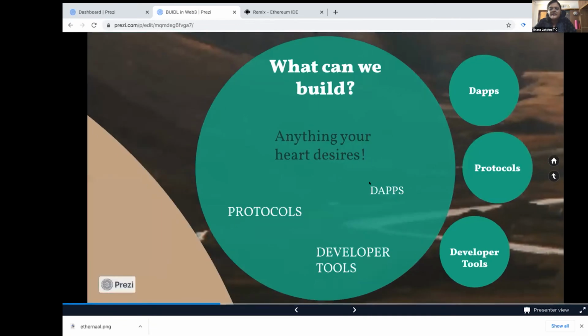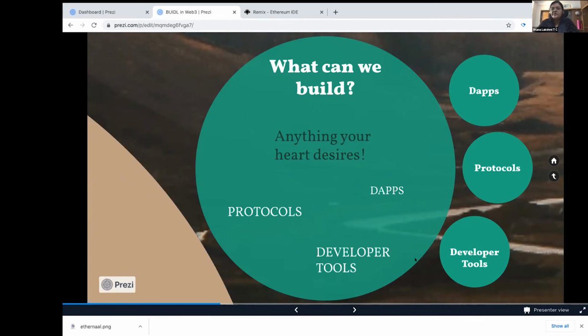The third, as I already mentioned, I don't have to go deep into it. Developer tools, simple and straightforward. You see something and you feel like, okay, this is incomplete, I need to build something that will enhance this product. Or you are a developer working with specific projects and you face certain problems. Or you interview your developer friends and they say, hey, I'm building on the Web3 ecosystem, but I'm facing a lot of issues. I'm not able to get this data, I'm not able to understand what's happening over there, I don't understand what the logs mean, I need certain information but I don't know how to get it.